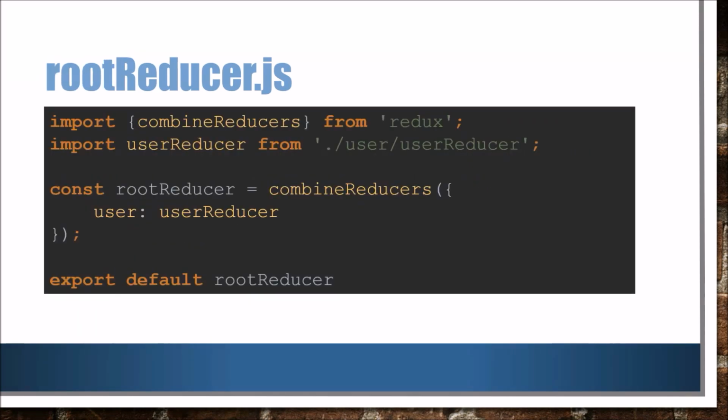Here is the code for root reducer. So what is the root reducer and why is it required? The combineReducers helper function turns an object whose values are different reducing functions into a single reducing function you can pass to create a store. The resulting reducer calls every child reducer and gathers their results into a single state object. In a real-time scenario, we have so many kinds of reducers, so creating a store for each and every reducer is a costly operation. So using the root reducer, we can combine all and pass them as a single state object.